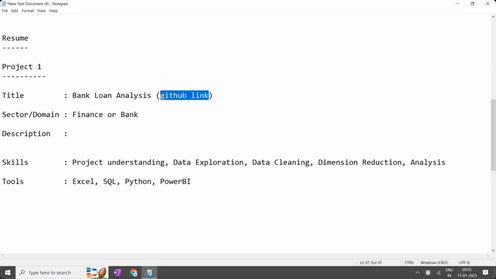Hyperlink means once you click on it, it redirects, and there your presentation should be there. All the steps should not be available. Finally, your dashboard or PPT converted to PDF should be available there. Then they'll understand, okay, this person has done this.